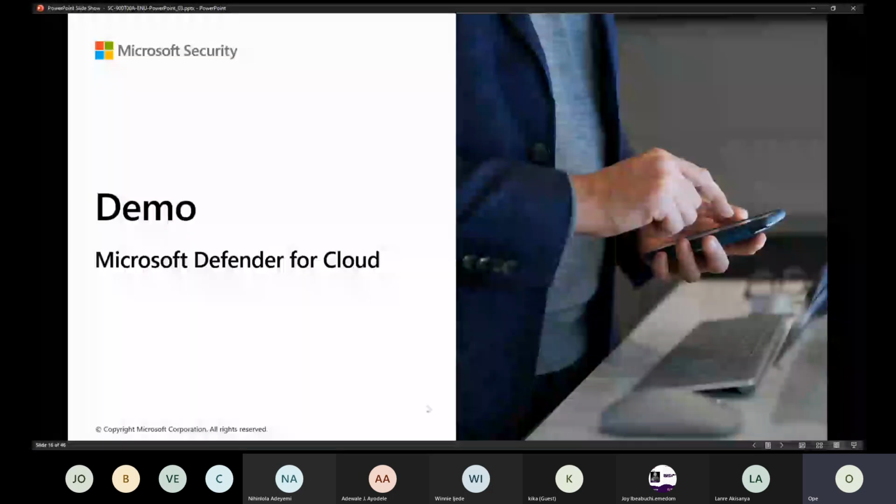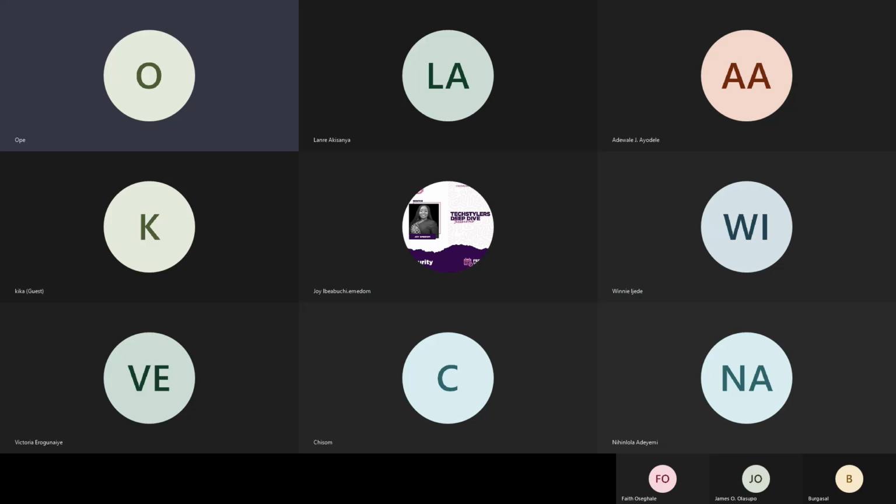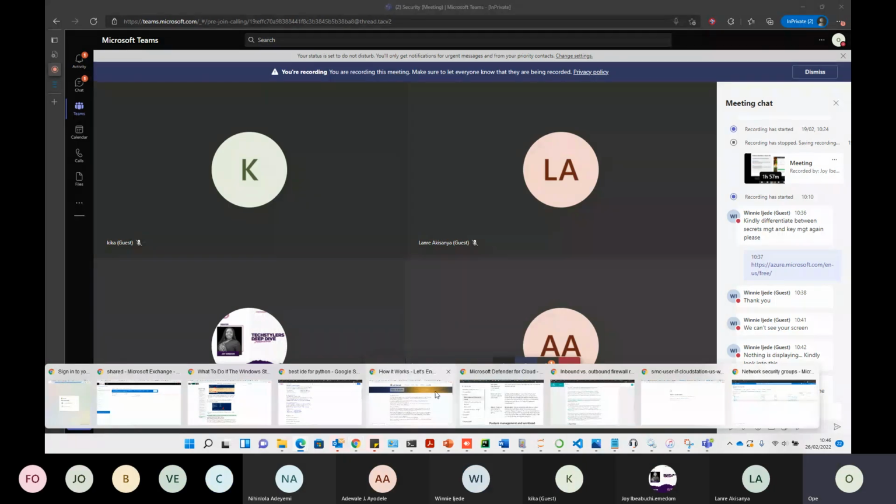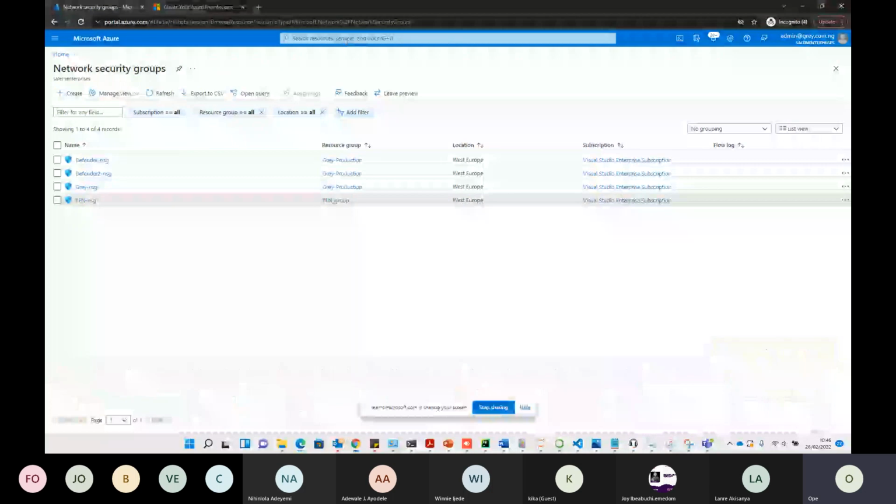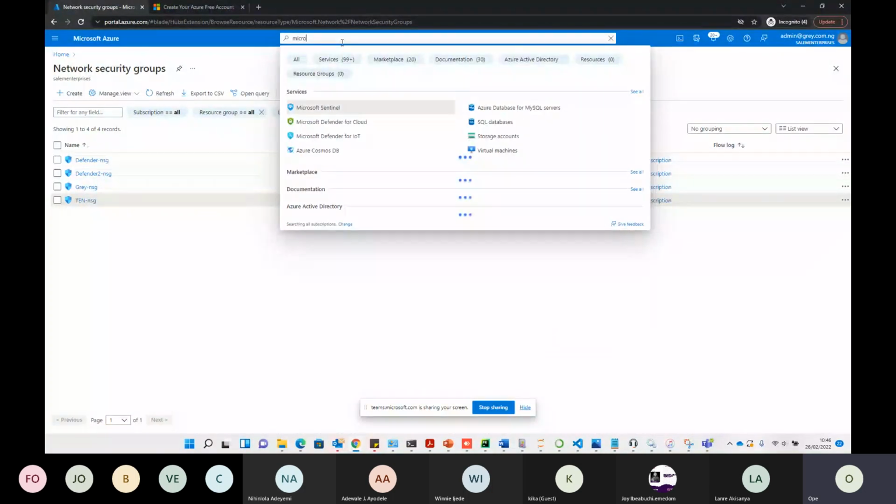So I'm going to be showing you a demo on Microsoft Defender for Cloud. Really sorry, I keep sharing. Let me just share my entire screen. Okay, so if you can see my screen, this is Microsoft Defender for Cloud. When I click on it,